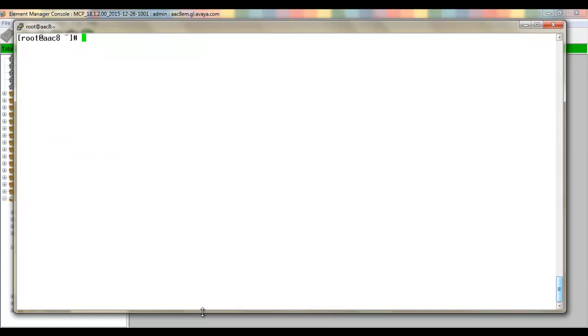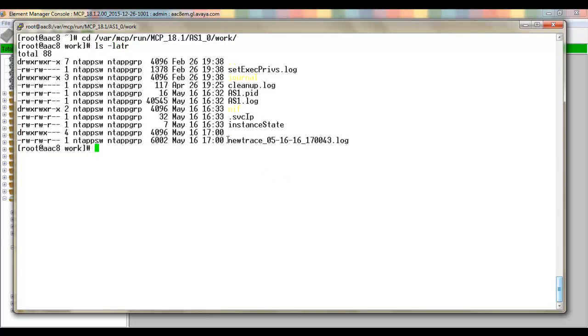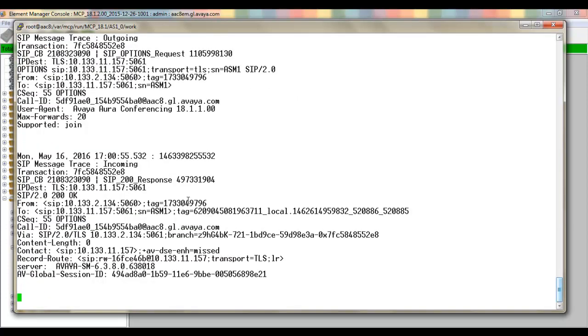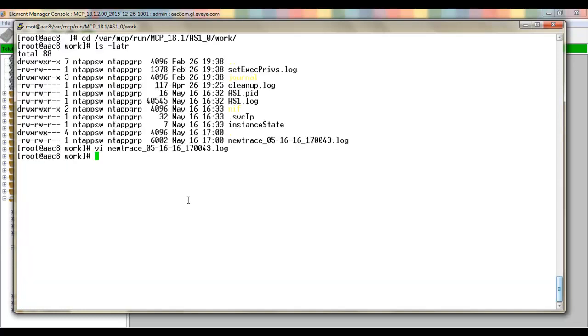Next, navigate to the /var/mcp/run/MCP_18.1/as1_0/work directory. I'll just list out the files and you can see a new file with the same name that we had given in the tracing, new trace, with a timestamp, is created for our active tracing session. Let's open the file with the VI editor and you can see it has captured all the transactions and SIP level debug traces, all the tracing that we had enabled for this particular session. Once you replicate the issue,